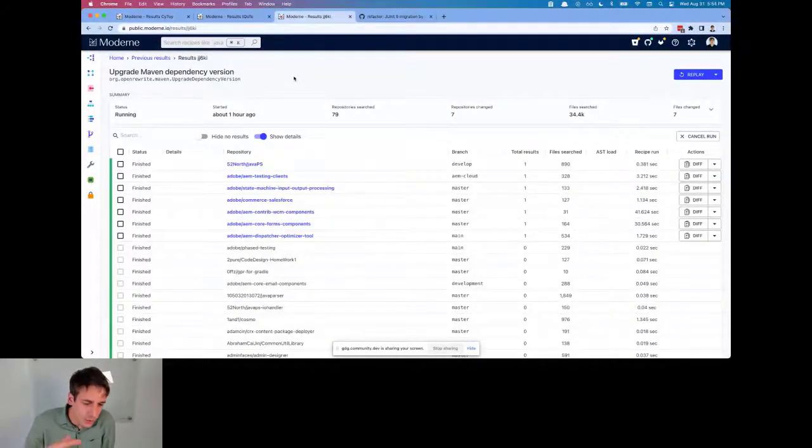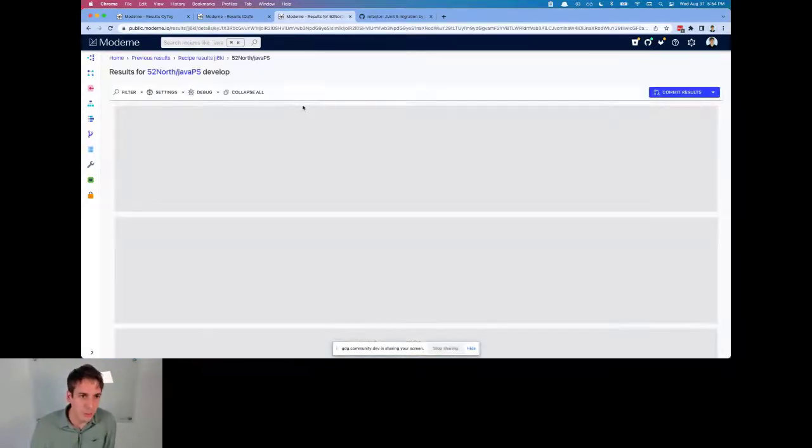Outside of a recipe that does Java code manipulation, I also want to show you things like upgrade Maven dependency version. Outside of source code itself, we often have to update dependencies, we update infrastructure as code, we update our GitHub Actions workflows or GitLab workflows, and that's just as important as updating the code. And we want to continue to build additional AST models for these different mechanisms to be able to transform them.